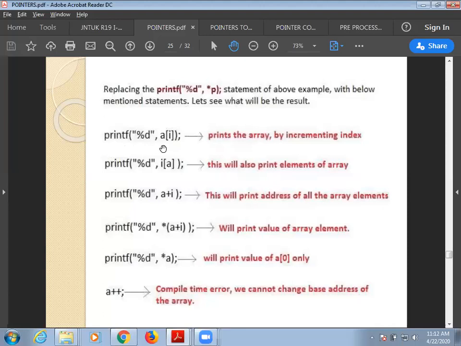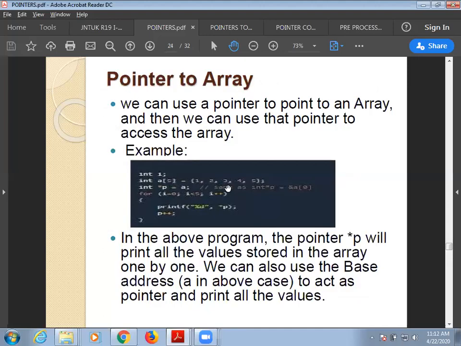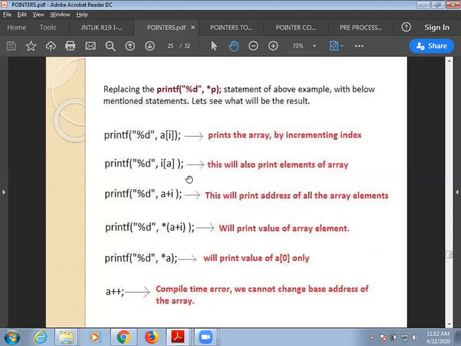If you print %d a of i, it will be printing the particular value a of 0, a of 1, a of 2, like this. Next, if you have these statements one by one, all will be printing the values only. Star a means it will print the a of 0 value.